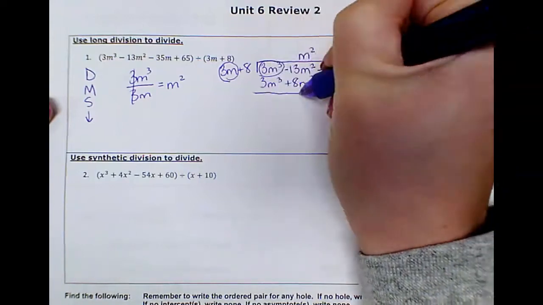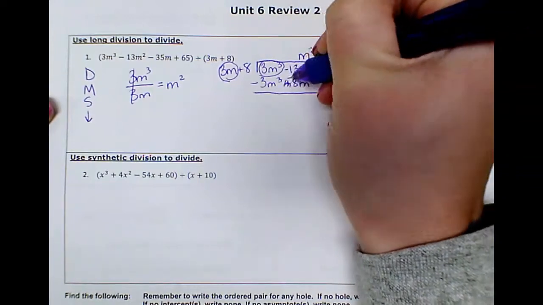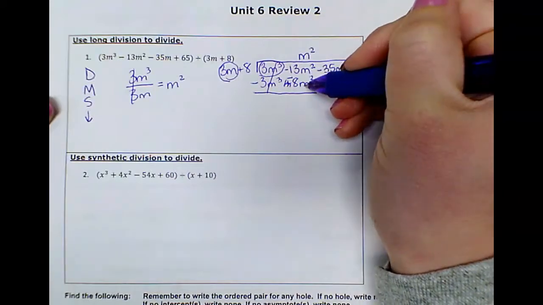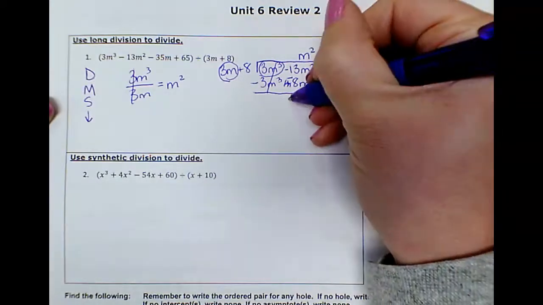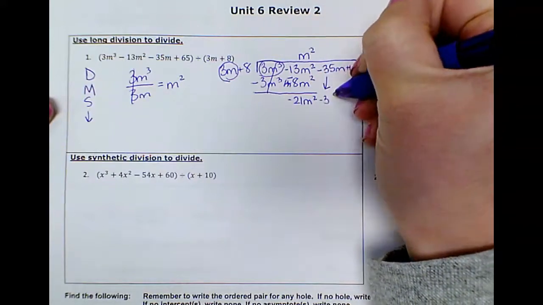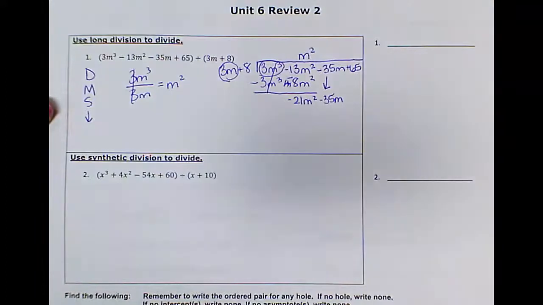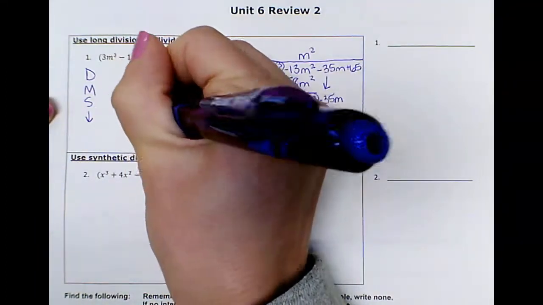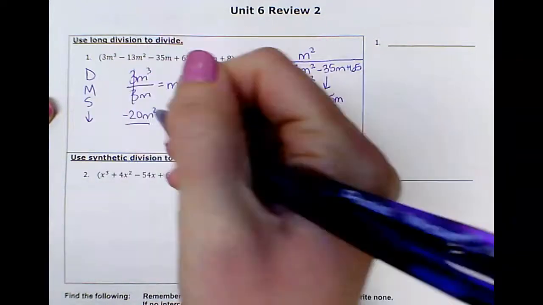When I subtract, I draw the line, I change both signs. The first terms cancel out, and negative 13m squared minus 8 more m squareds is negative 21m squareds. And I bring down my minus 35m. I start the process over. So again, dividing just the first terms, negative 21m squared divided by 3m,